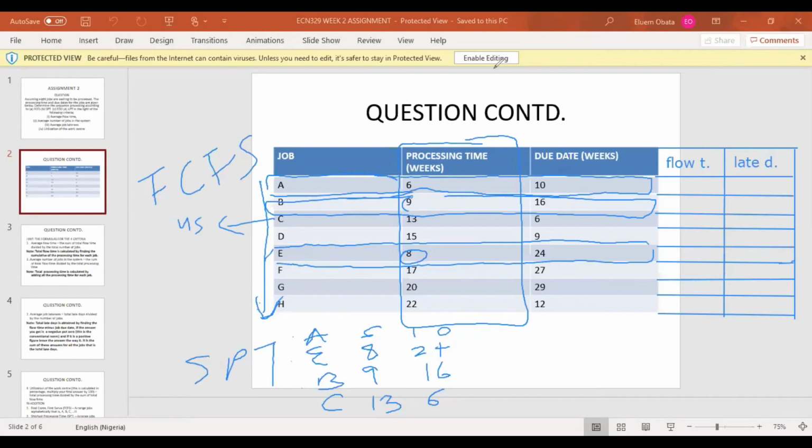So for customer A, the flow time is just 6 because there is nobody before customer A. For customer B, the flow time is 9 plus the processing time of customer A, which is 6, so 6 plus 9, which will give us 15. For customer C, which is now us, however long it took them to do customer A and B, plus our own will give us our flow time, which is 6 plus 9 plus 13. Or you can just say 15 plus 13 because it's already calculated 6 plus 9. So 15 plus 13 will give you